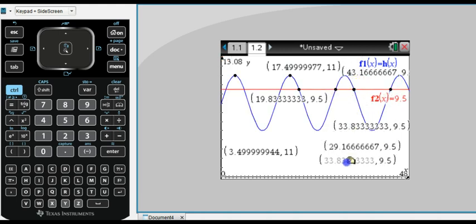Which is the 33.83. And then we work out the difference between these two answers here, and that would be the length of time between that intersection point and the other intersection point. So what you're just doing is 33.83 minus 29.17